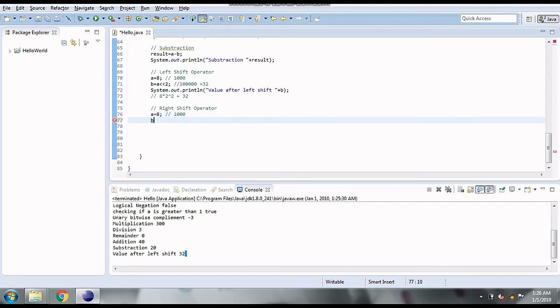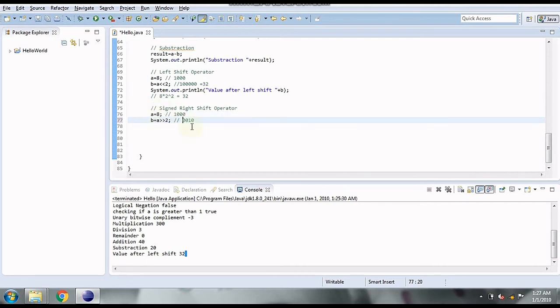Then when I say B equal to A right shift, which is denoted by 2 angle brackets this way, and 2 bits, since we are shifting 2 bits. In the right shift operator, remember, this is the signed right shift operator. In this, what happens is since it is 2 bits, 2 zeros are removed from the end of the binary number and they are added before the number. So it goes as 0 0 1 0. 2 zeros removed from here and added before the number.